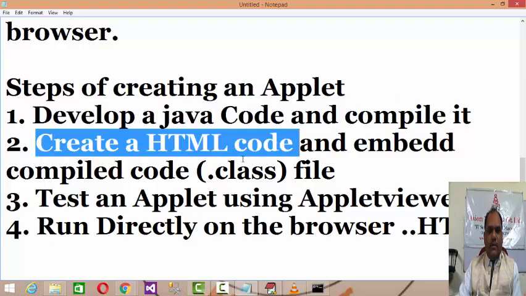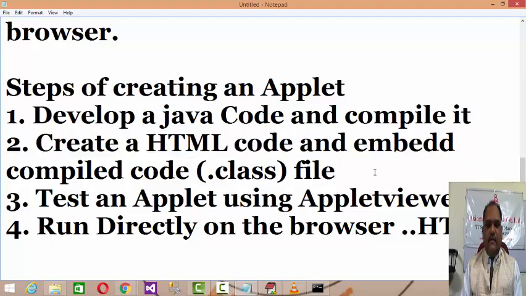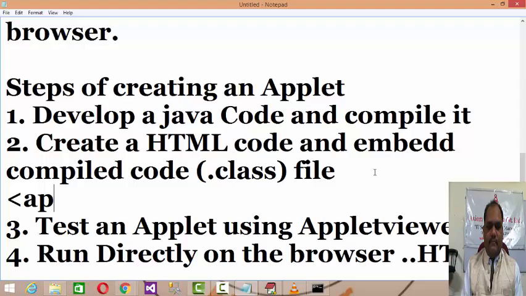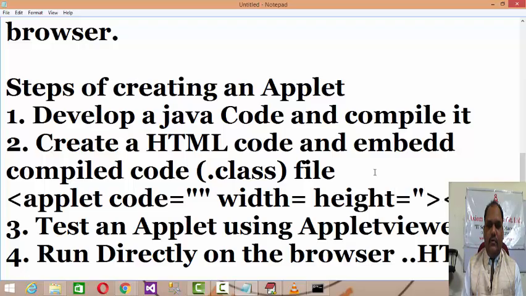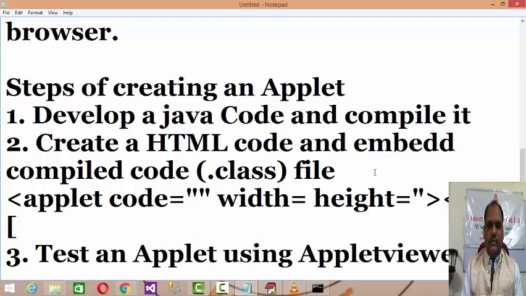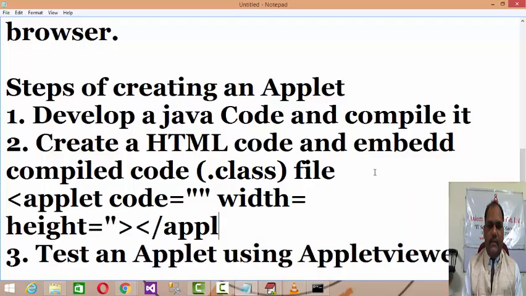Then you have to produce the .html code, right? And embed the .class file by using the tag called applet code equals to the name of the code file and width equals to and height equals to. You have to specify, right? And then you have to close the applet tag.